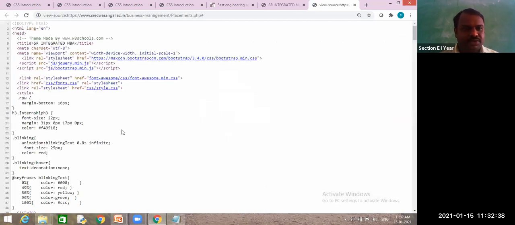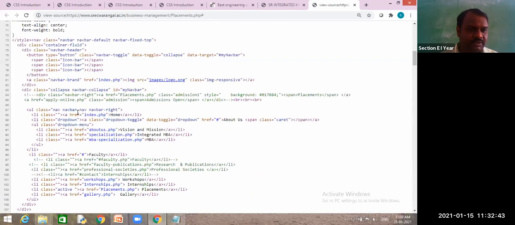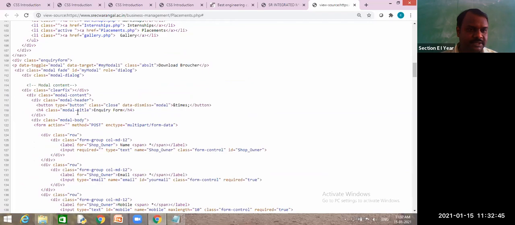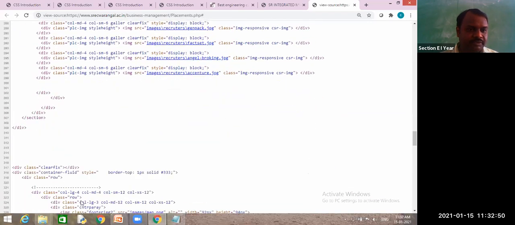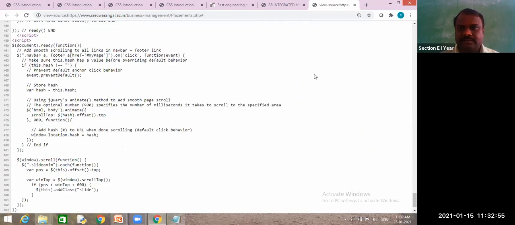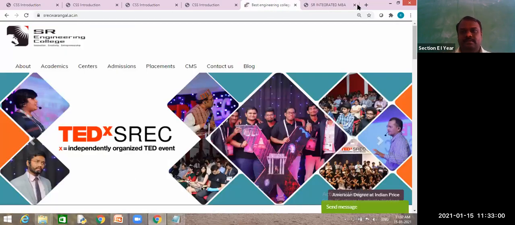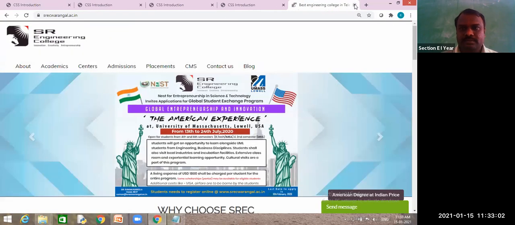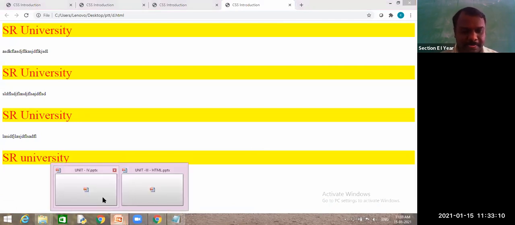View page source. If you click view page source, you will get something confusing. Here, this is the code of your program, our website code. Can you see all this? So in future, you have to write this type of coding. Right. So is it clear? These three types of CSS are clear? Yes, sir.